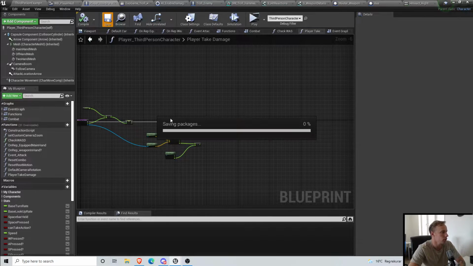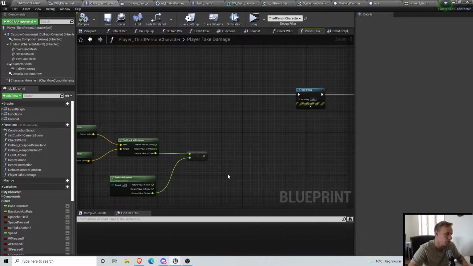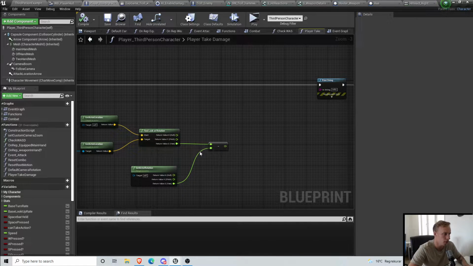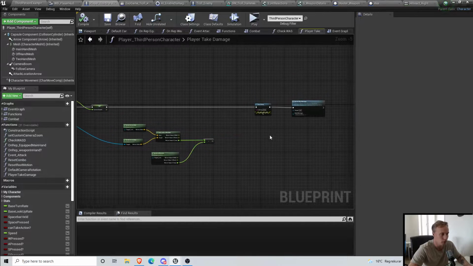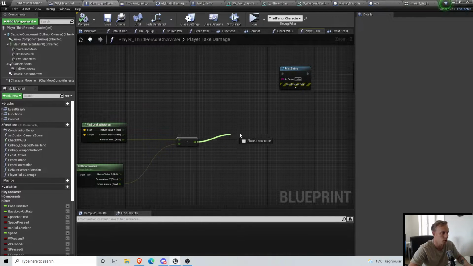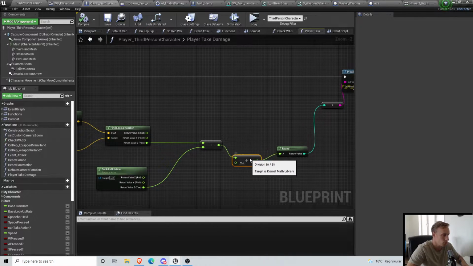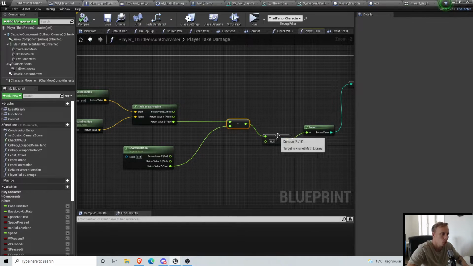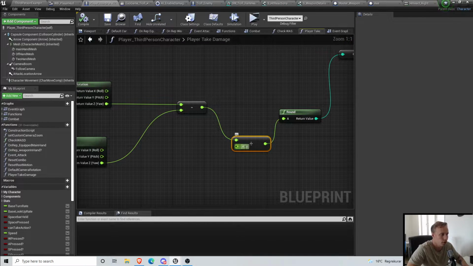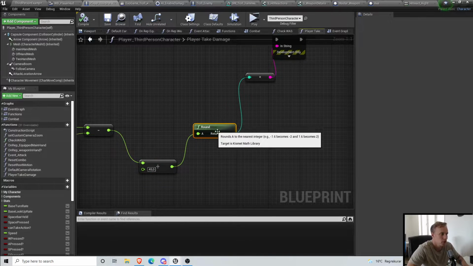There are plenty of ways to do this, because now we need to decide a different action depending on the value that we get here. We could either do branches, or we could make this an integer and do a switch, which is probably better. Let me pause for 1 more second. So this is working. So what we could do is from this we do a divide by 45, then we